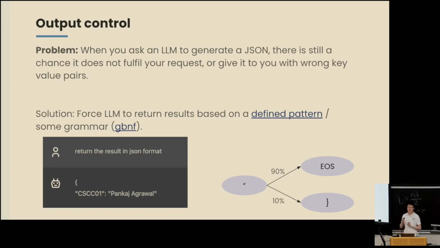Okay, so we have, first of all, how to fine-tune the LLMs. We have how to make better prompts. And the third one, I think it's relatively new right now, is output control. Okay, back in the days when we